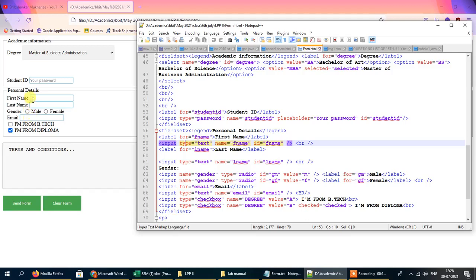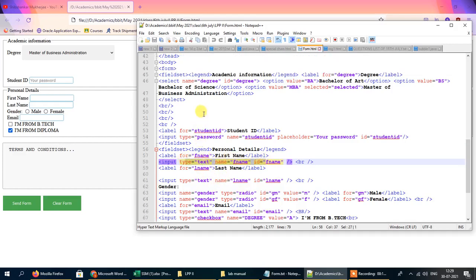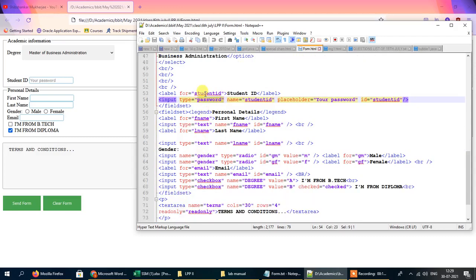After first name we've got a standard text box. Earlier we had seen the standard input type password box. That was a password type box, but for this first name and last name we are using a standard text box only. This is a text box, and this is also another text box.